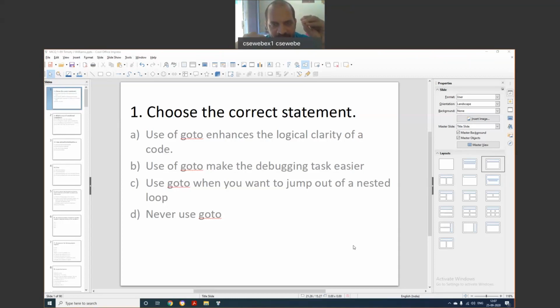So simply, if this condition is right, goto will be executed, and we'll go to the label. The label is above the 5 statements, assuming. Again, those 5 statements will be executed, the condition will be tested, and again goto will be executed. It will go to the 5 statements above. And whenever this condition is false, we can come out. So the thing here is, using goto and if, we can form the loops.